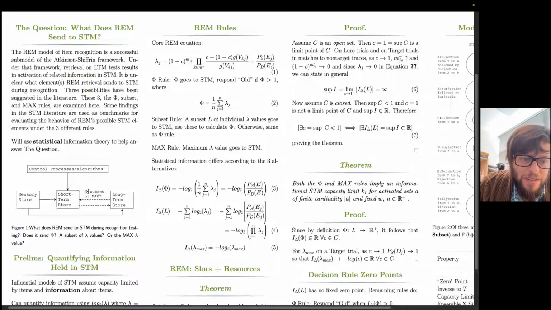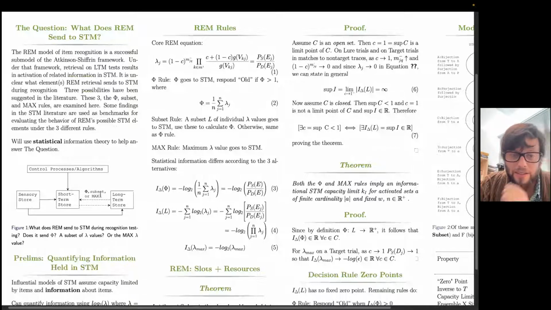Okay, so that's used in the original model: if you have an odds ratio exceeding 1, you'll say this is an old item. Otherwise, you'll say it's a new item. But in other papers by Shiffrin and colleagues and then other collaborators, the idea is that maybe the maximum, rather than the mean, of these likelihood ratios could be the definitive